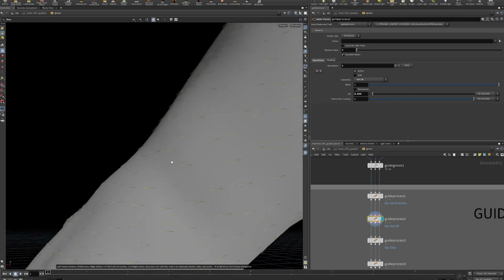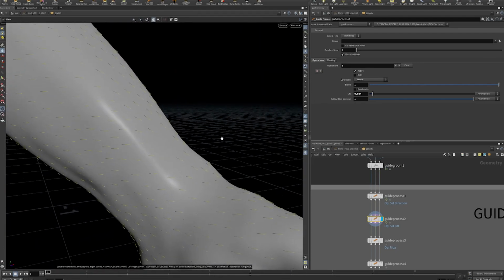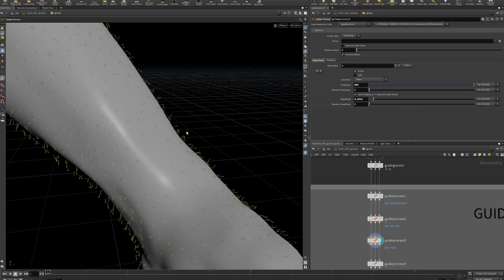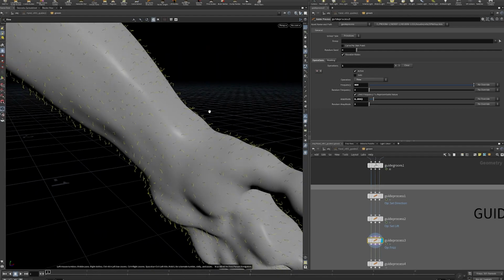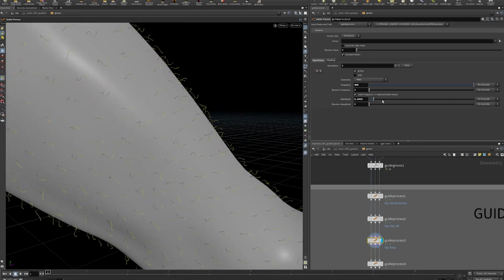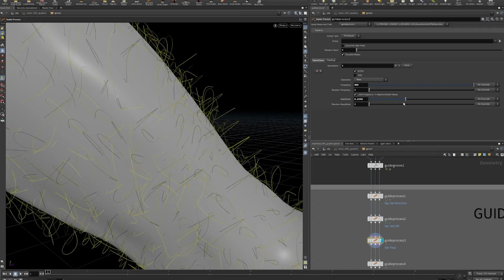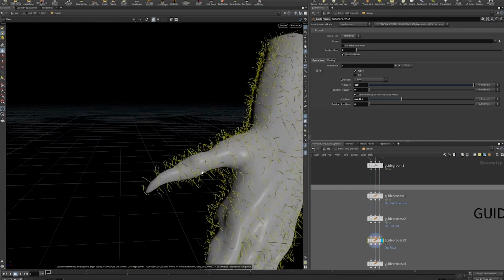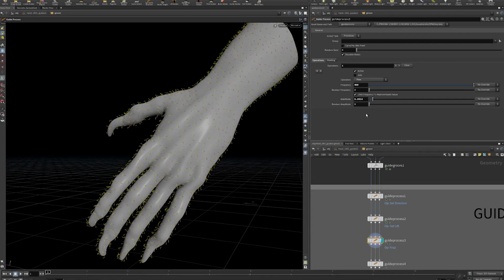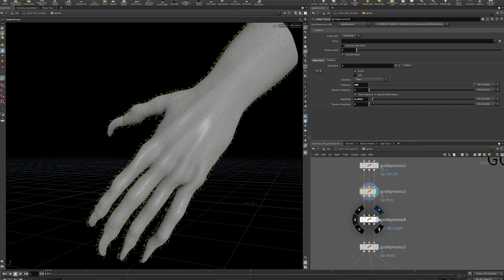So this is lift. Usually, when you start grooming, guides are more perpendicular to the surface, so you need to bring them closer to the surface. So lift is one of the crucial operators we are using. This is freeze, also one of the main operators we are using. And we have length,